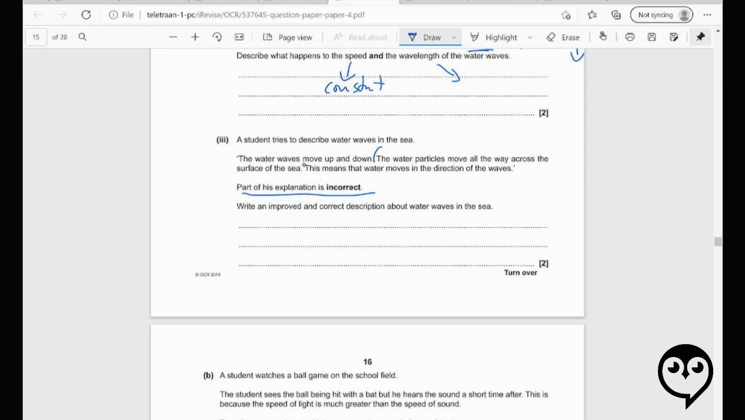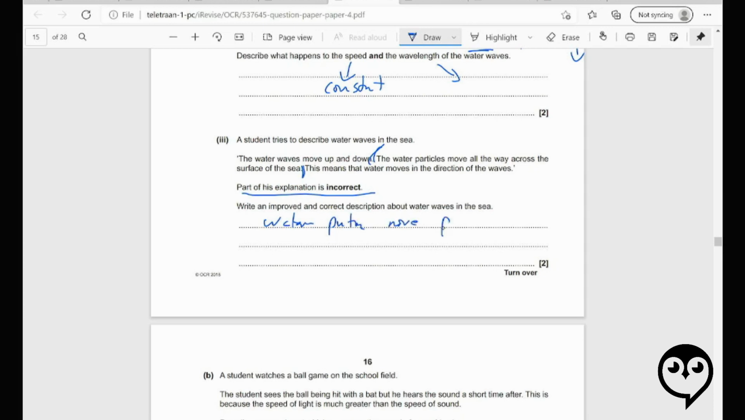It is this middle sentence, isn't it? We don't have water from North America going all the way across the Atlantic Ocean and hitting the shores of Europe or Africa. We don't have that happening. It's blatantly untrue. So what we want to say is these water particles